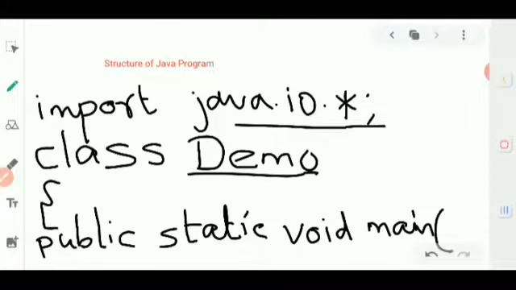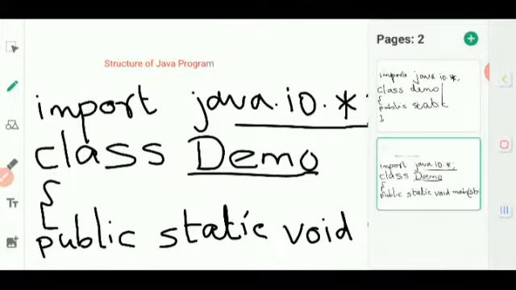then open a bracket, then give String. I will use another page.